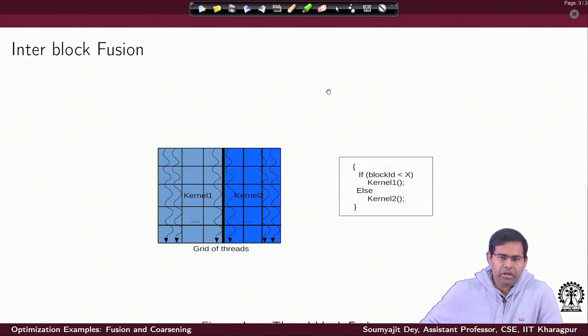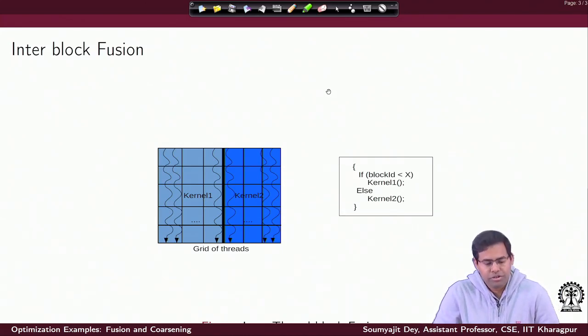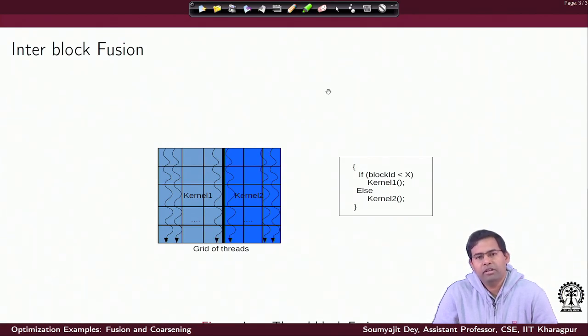So moving aside to the other situation, which is inter-block fusion. We first need to understand what this idea of inter-block fusion is. I am just recalling: first we increased per thread activity, that was inner thread fusion. Then we increased the number of threads per block and decided whether the thread will do the job of kernel 1 or kernel 2, that was inner block fusion, so I am fusing threads within blocks. Now we are saying let us not fuse threads, but let us just fuse the entire arrangement of blocks together and launch a kernel.